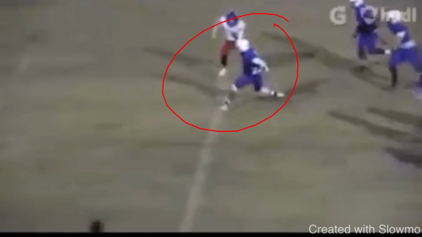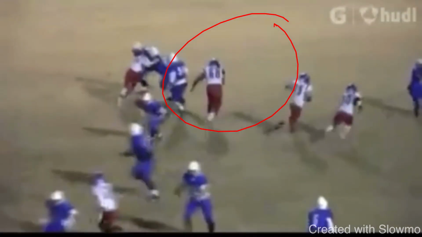Dude, those things apply to this. You just have to work on that explosion. You have to work on being an explosive playmaker if you want to make that jump to the highest level of college football. So let's play this thing again, full speed one more time, and then we're going to show